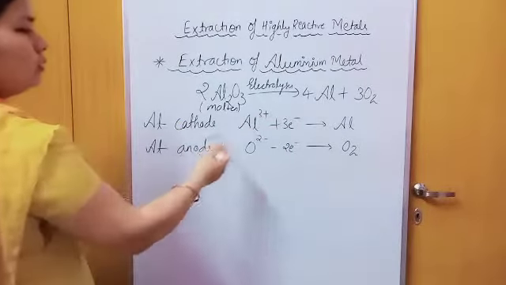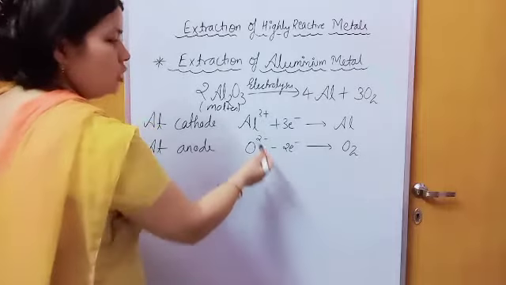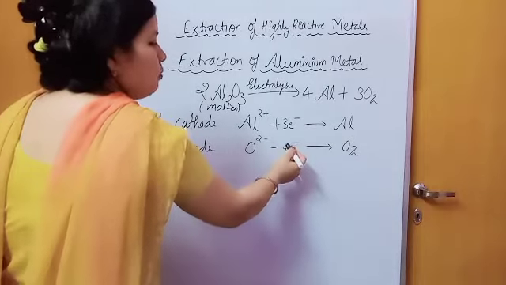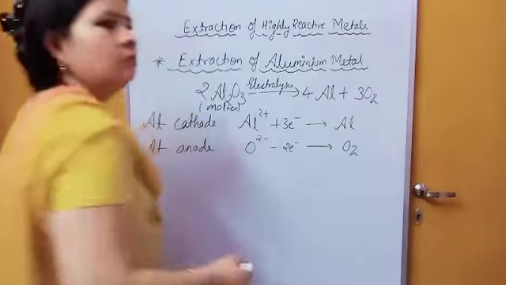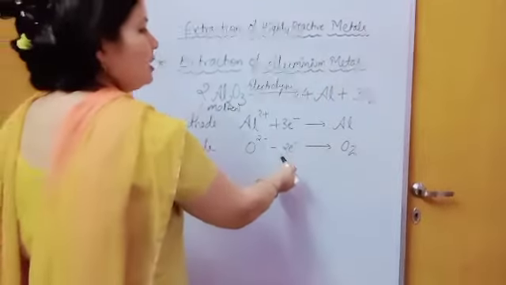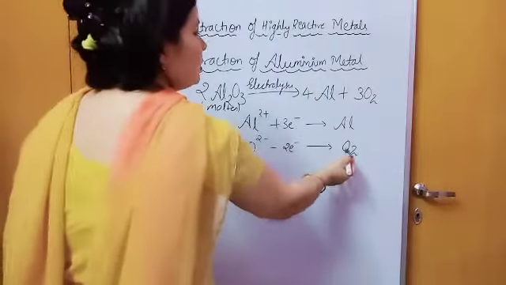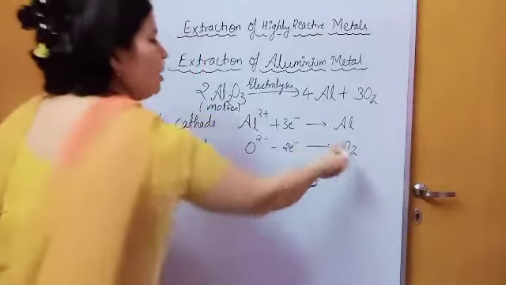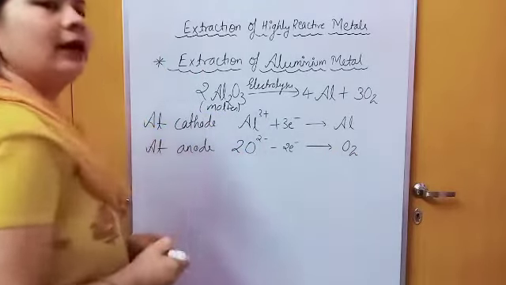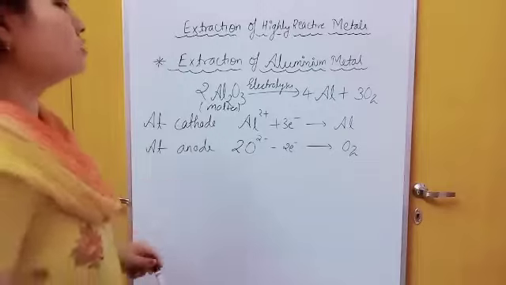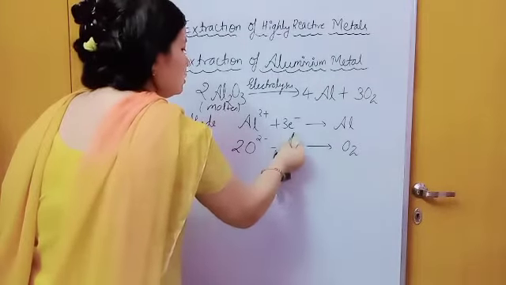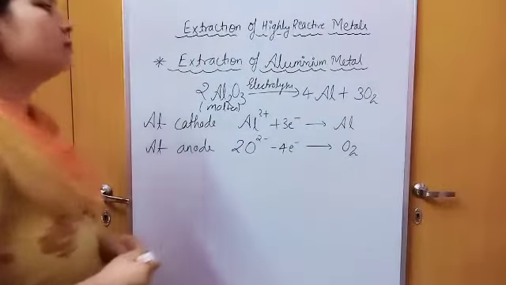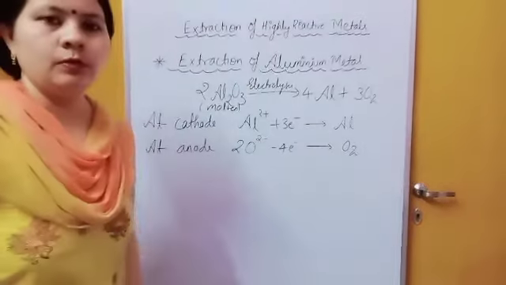Now at the anode oxidation occurs, the O2 negative, the charge of oxygen is 2 negative, so after loss of 2 electron, either you can write it like this, minus 2 electron, this minus goes to that side and becomes plus, totally your wish. Now this one becomes O2 in diatomic form. Now here oxygen is 1, here oxygen is 2, you have to balance it, so this side is multiplied by 2. So now just see, for one oxygen there is loss of 2 electron, so for 2 oxygen loss of how many electron, that is loss of 4 electron. With the help of this process you can get pure aluminium. Okay, thank you.